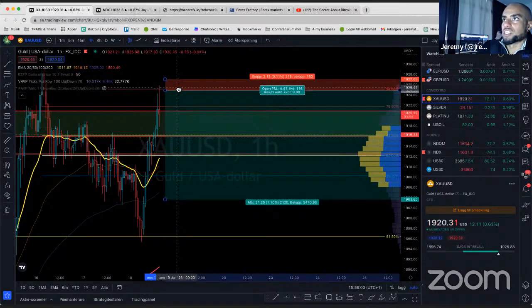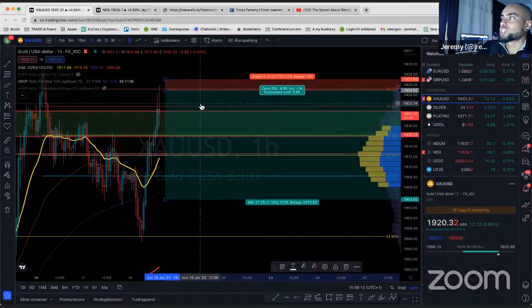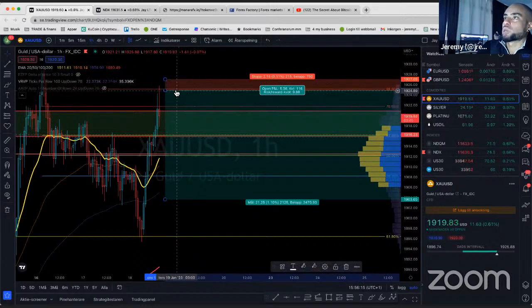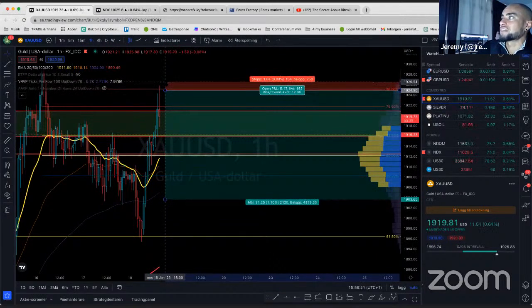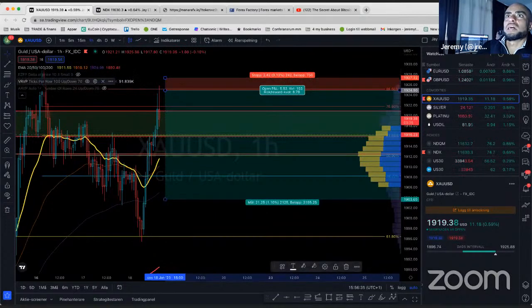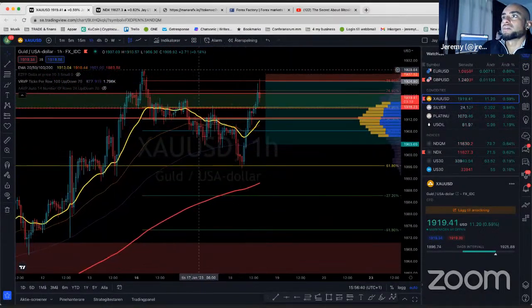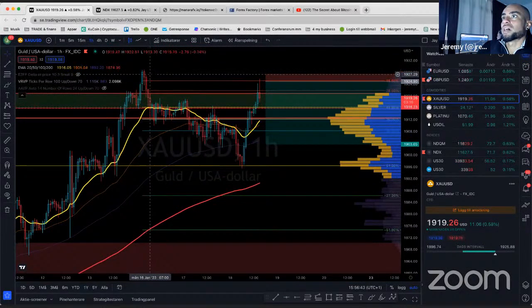My sell would be from this place here. I want to see the market come up to about 1924.9 US dollars. That's where I would enter the sell, and in that case I would put my stop loss at 1926.5, even a little bit more. I'm looking to the left to see what we got there. 1927.3. I want to be above this top right here. I can show you what I was looking at. So yeah,